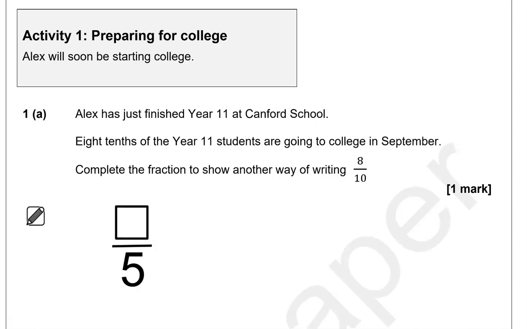The short way to do this would be to get from 10 to the 5, you've just halved the 10. So we must do the same to the 8, and that would be 4, so 4/5. If you didn't understand that, which is absolutely fine,